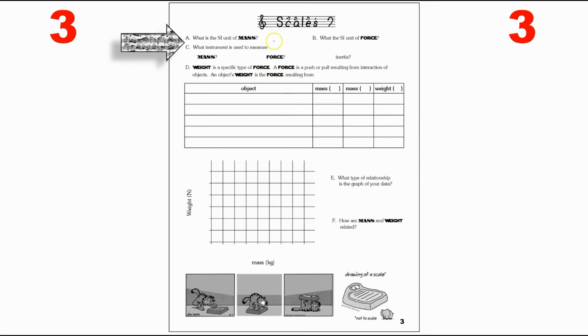The SI unit of mass is the kilogram. I don't know if I dare try. What is the SI unit of force? From the previous study guide, that is the Newton. Or perhaps you wrote the definition of a Newton. It's the amount of force to move 1 kilogram through a distance of a meter at a rate of each